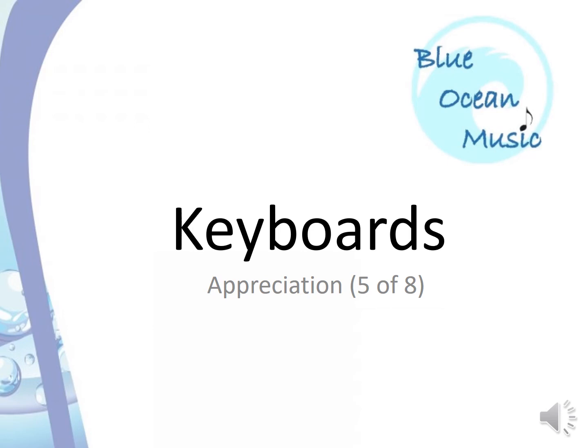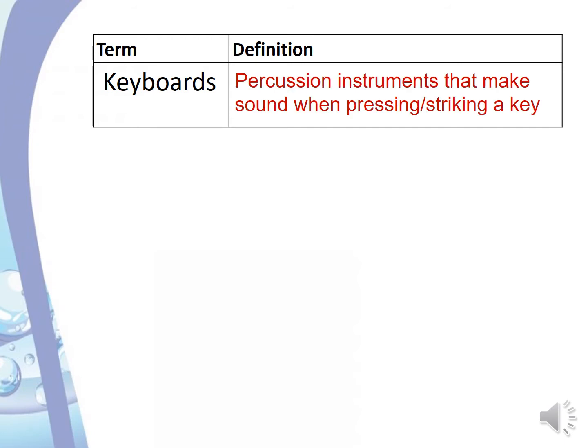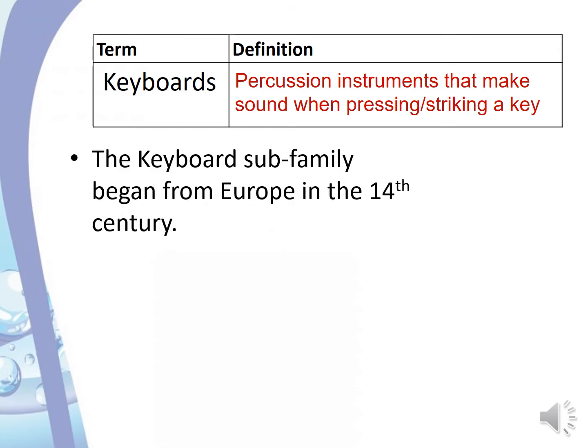In this fifth video of the Music Appreciation series, we will examine the subfamily known as the keyboards. Keyboards are defined as percussion instruments that make a sound when pressing or striking a key. So the keyboards still belong to the percussion family, and the keyboards date back to the 14th century in the